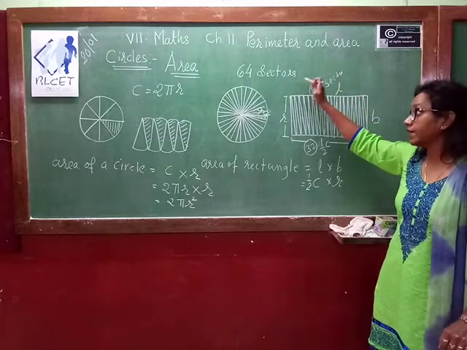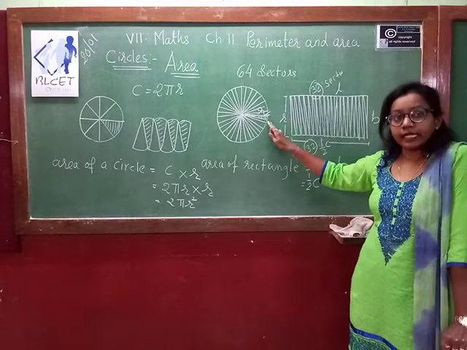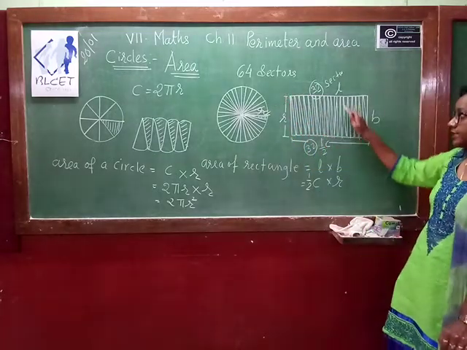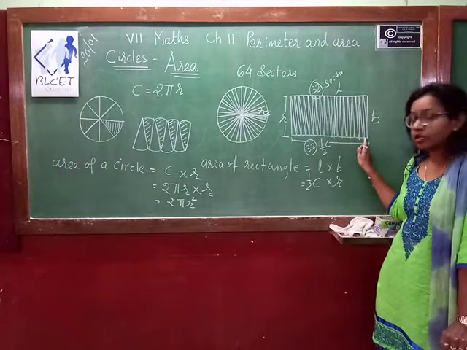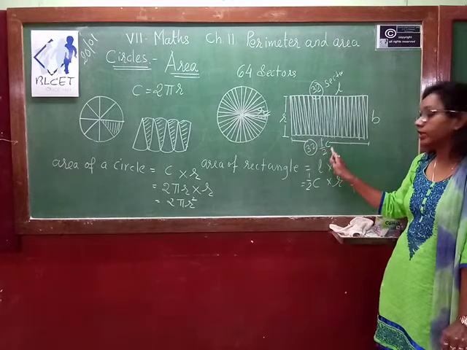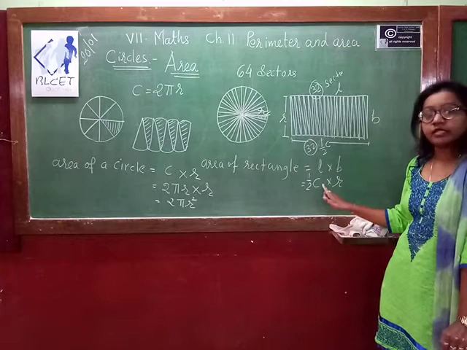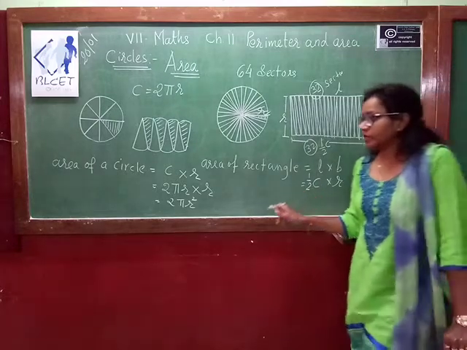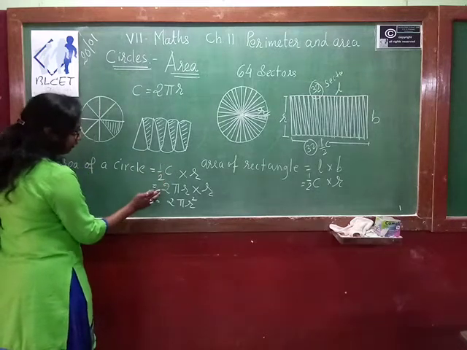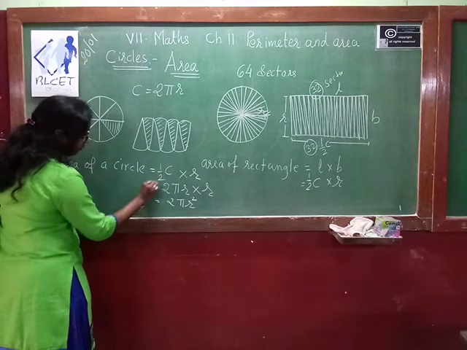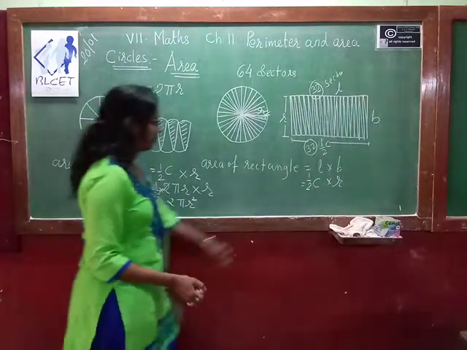So we are taking the total perimeter of the circle, that is 64. But when you arrange in this manner, you are getting a straight line that is only 32 sectors. So this length is half of the circumference, the semicircle. So what do we have to write here? Length means half of circumference. That's why area of a circle is half of circumference into radius, so it is half of 2 pi r. So this 2 will get cancelled. So what is the answer now?